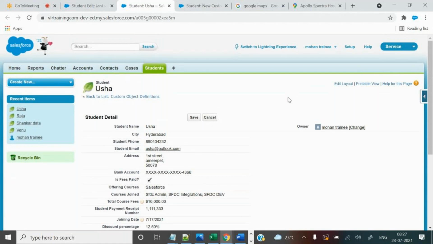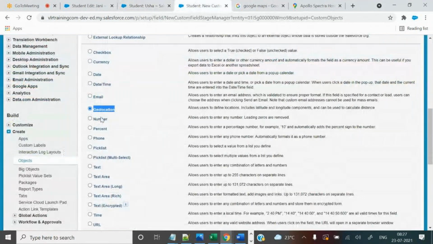For that, we need to calculate the distance. We need to know the student address, geolocation, and institute geolocation, and we can calculate the length between both locations. That is the reason we are going to use geolocation.